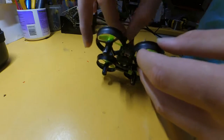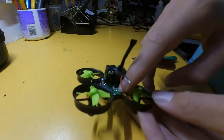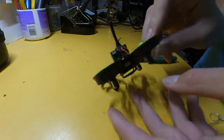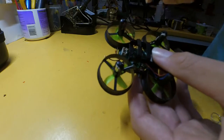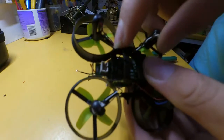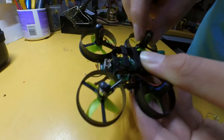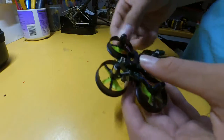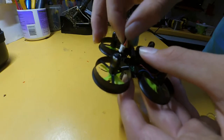But before we do that, we need to find out which terminal on this quadcopter is negative and which one is positive. So if you flip the quadcopter over, you will see on the bottom, my camera will focus, on yours there is a V negative and V positive near the battery connector. Or we can just get our battery, plug it in,